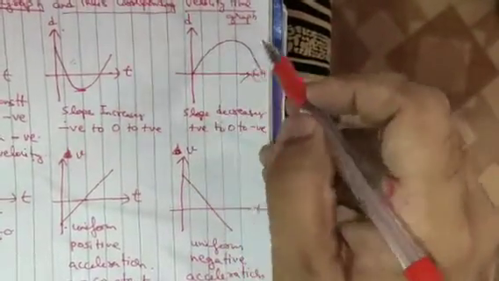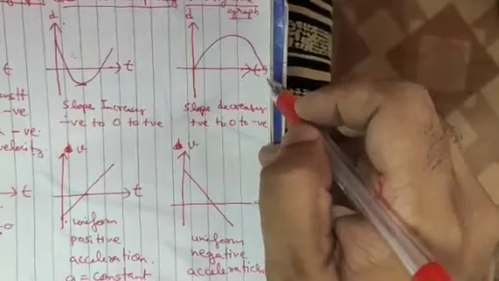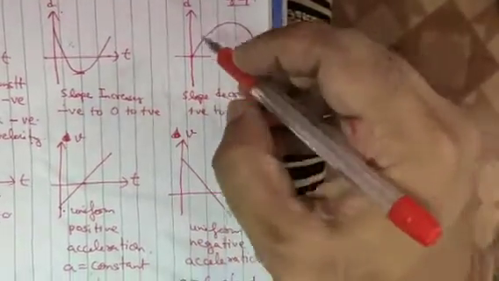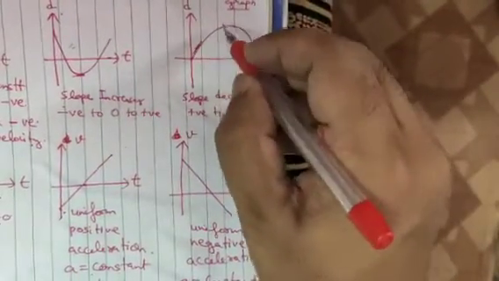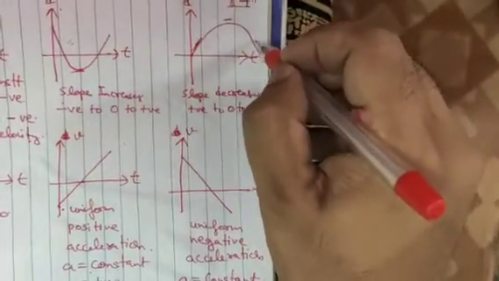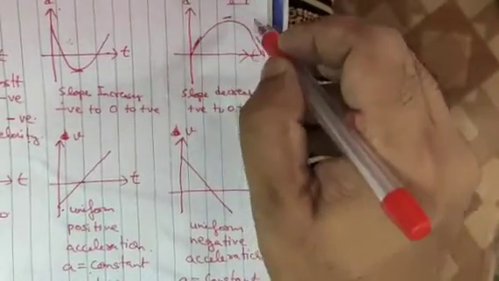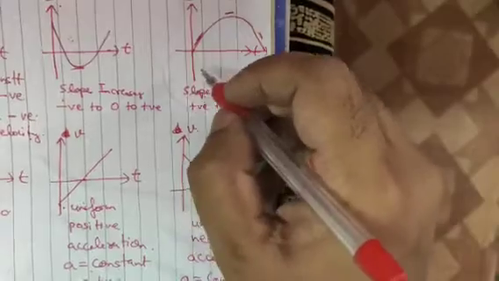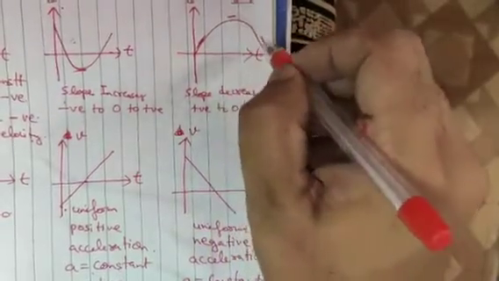So here the next type of graph, the last category of graph, when the slope is decreasing with time. Distance is decreasing with time. So the curve will be like this. Slope is first positive, here the positive slope, then 0 slope, then negative slope. Positive to 0 to negative. So slope decreases from positive to 0 to negative.